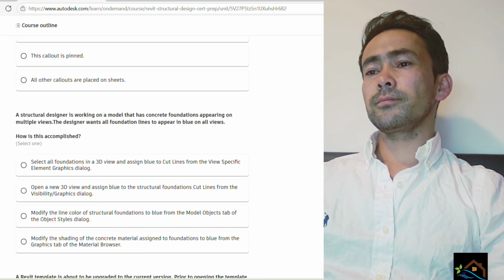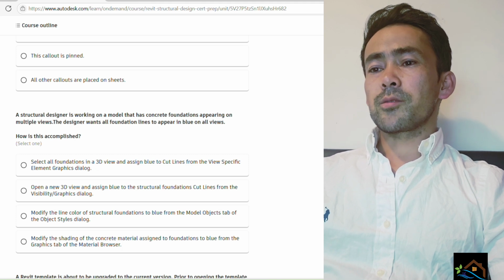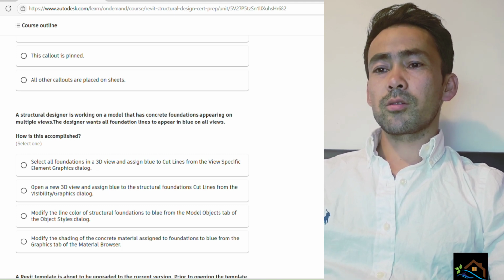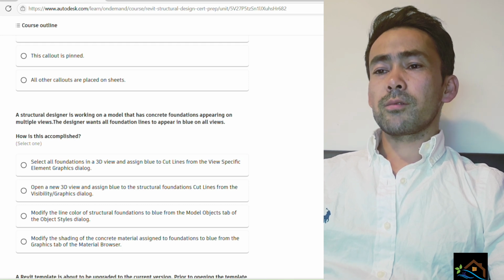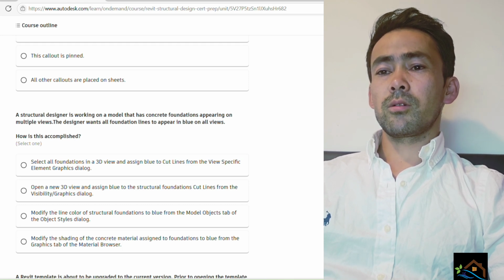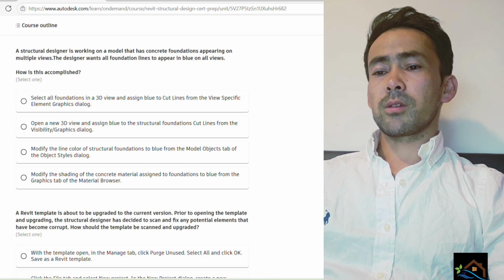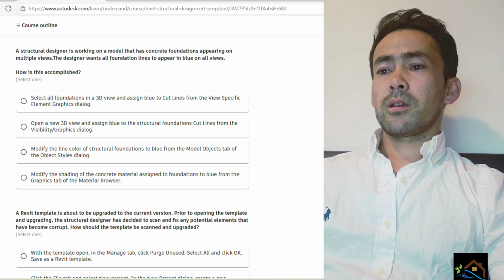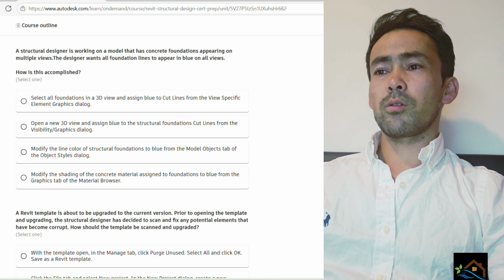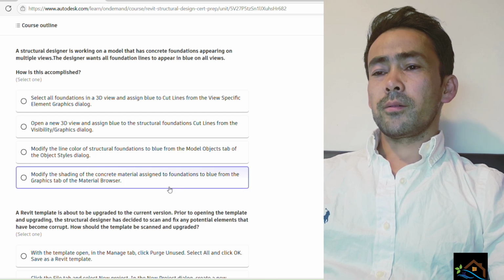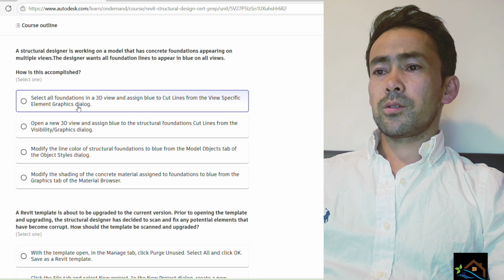That's the answer. A structural designer is working on a model that has concrete foundations appearing on multiple views. The designer wants all foundation lines to appear in blue on all views. How can this be accomplished? So if you want to see the blue lines in all views in the concrete foundation, we need to